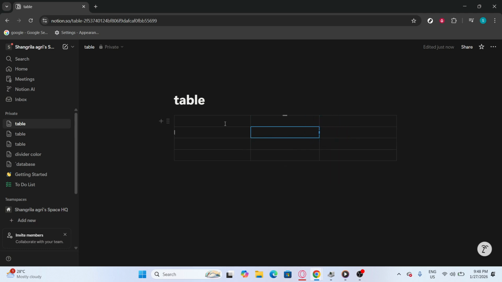To increase the height of the table, type in space within the table cells. This action will provide additional vertical space, making it easier to read and interact with the table contents. Finally, click on a blank space outside the table once you have completed your adjustments. This will finalize the resizing process and ensure that your changes are saved within the Notion